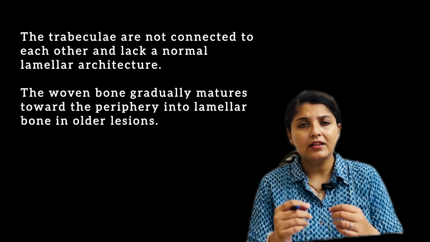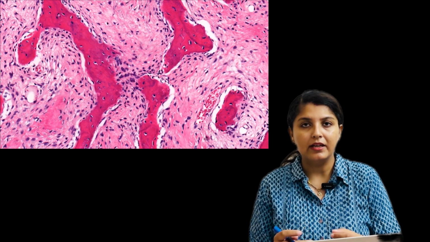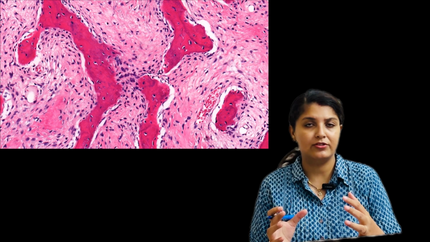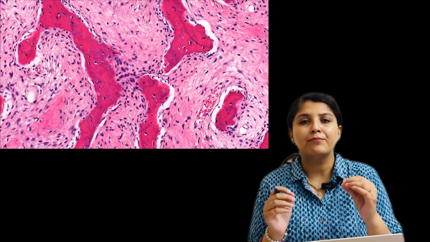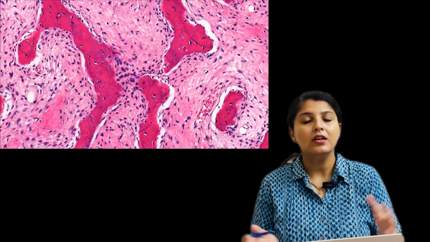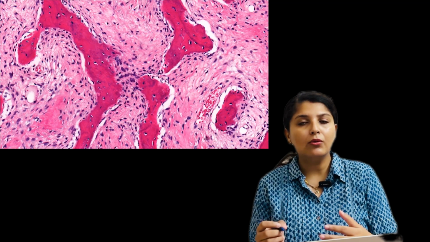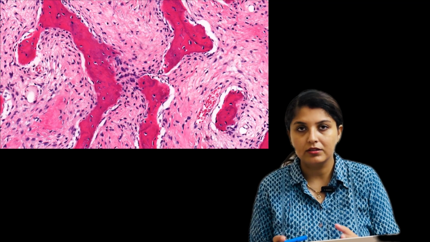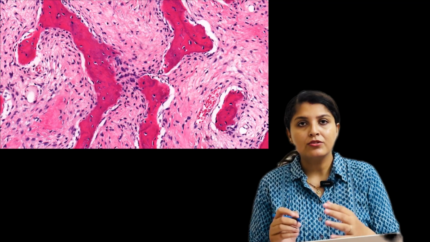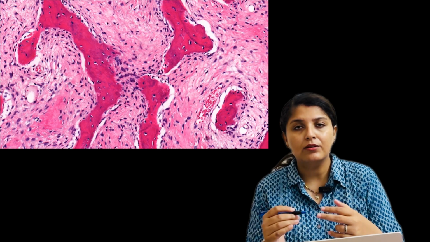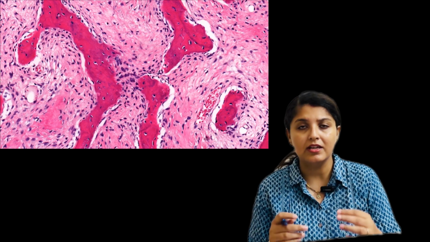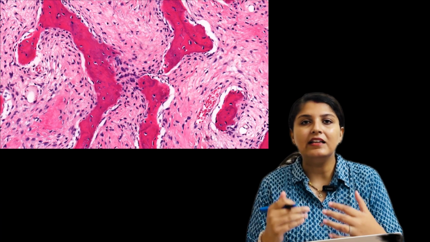Now in irregularly shaped trabeculae, the bone present in fibrous dysplasia will be woven bone. Fine, they are absolutely immature in nature. Now, in my last video, you can go and watch it if you have not watched yet, I had already discussed that in fibrous dysplasia, because of mutation, the osteoblastic lineage